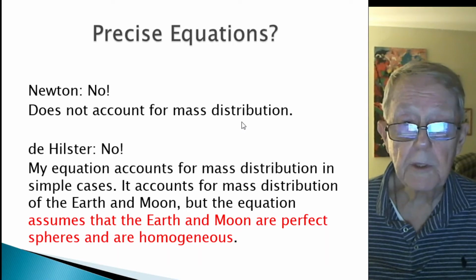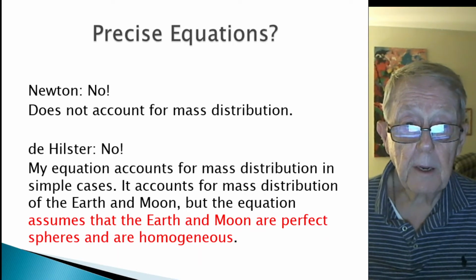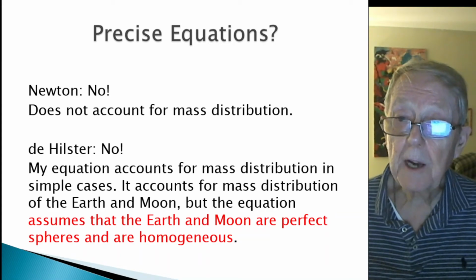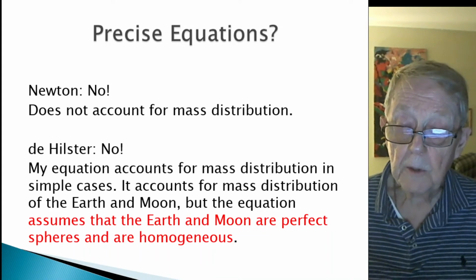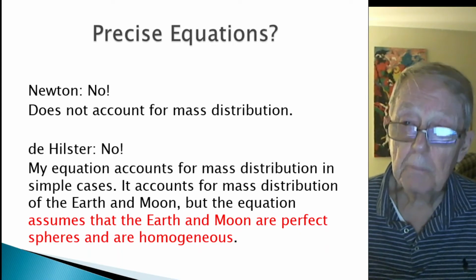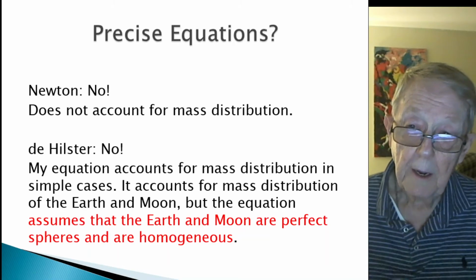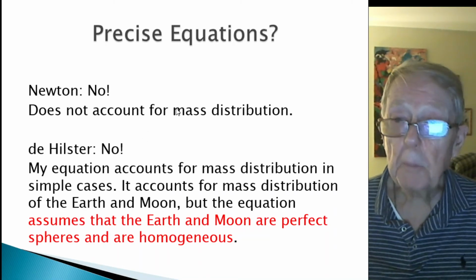I'm putting words in Newton's text, if you will, but it doesn't account for it. Everybody assumes, as Newton stated, that you take the mass of the apple and you shrink it down to a point. You take the mass of the tree, you shrink it down to a point, and the earth, and then you use the equation. That's a big assumption,